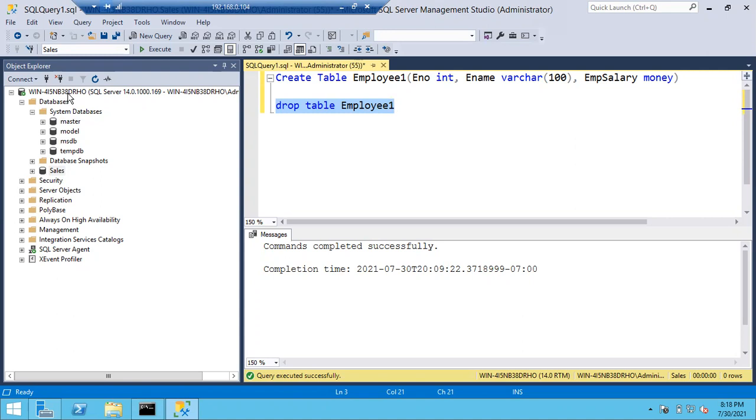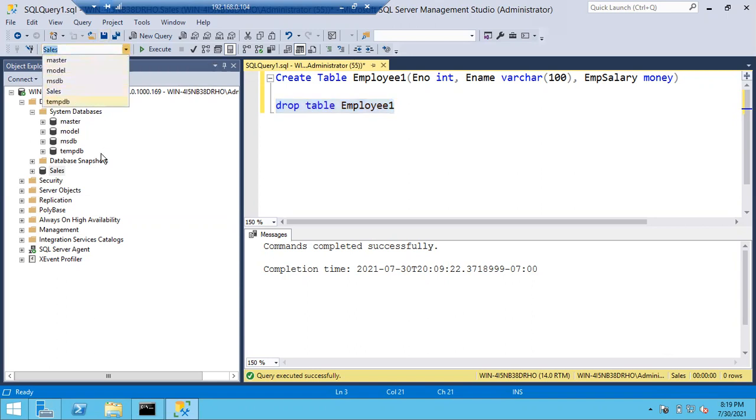Before executing the query, the one thing you have to consider is on what database this query is going to execute. You have to check here, or you can check here also. It will show you the database name on which you are doing anything. So you have to be very careful in running and executing scripts.